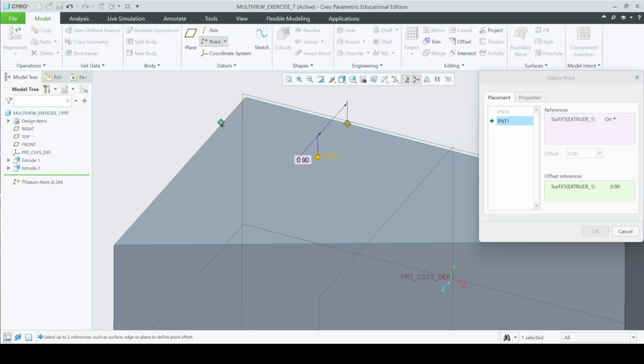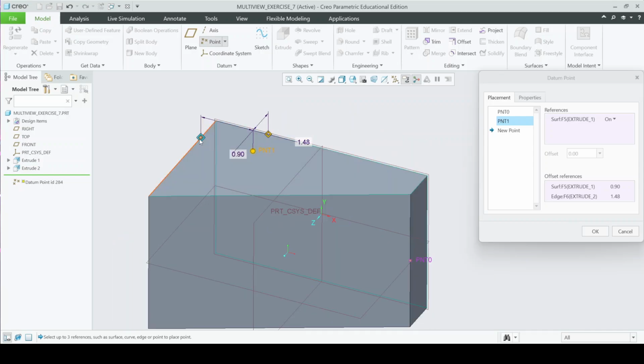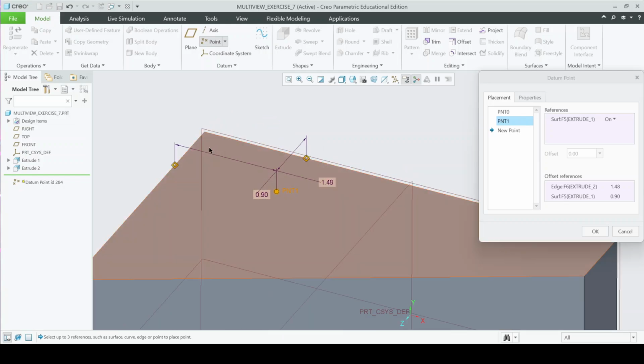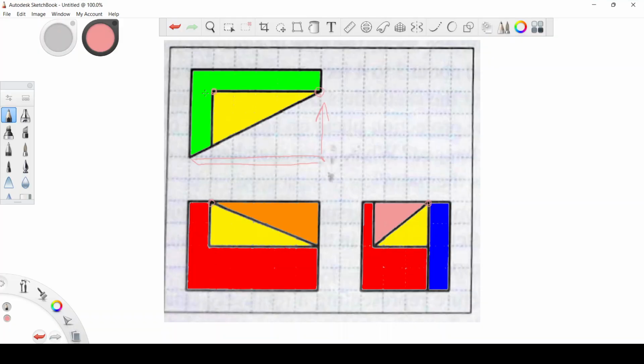And if I actually drag these, I can highlight an edge and it will give me the distance from that. So that's just a handy way of telling me which sides I can measure from. So I could have done something like this, and it would have given me the distance from this edge right here. It's just more convenient for me to measure from the closest edge, so I'll just measure from these two edges right here. And if we go back to our top view, you can see that it's just 1 unit in each direction. Okay,